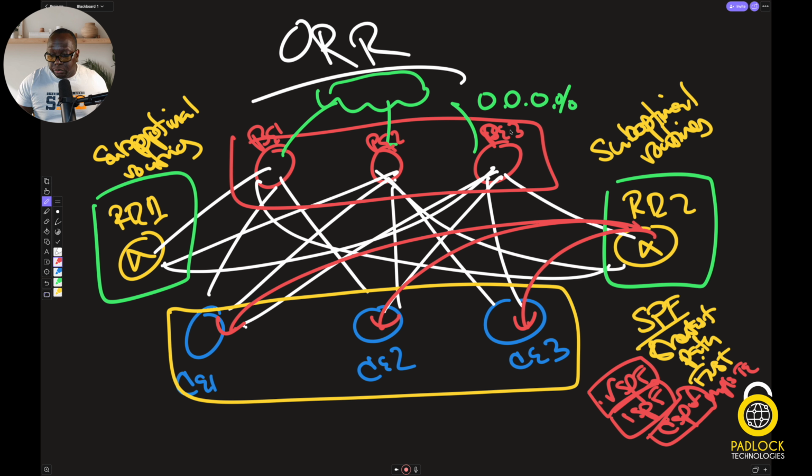Now, to do this, there is another address family that you have to run, because you're going to have to send link state information. That's the key in this. The link state information from the CEs to the RRs. And the address family is basically called, it's just AFI, called link state. Now, the funny thing is, depending on what version of IOS you're using, on IOS XR, it's actually address family link state. So then when you activate the address family link state, AFI, sub AFI for us geeks out there,